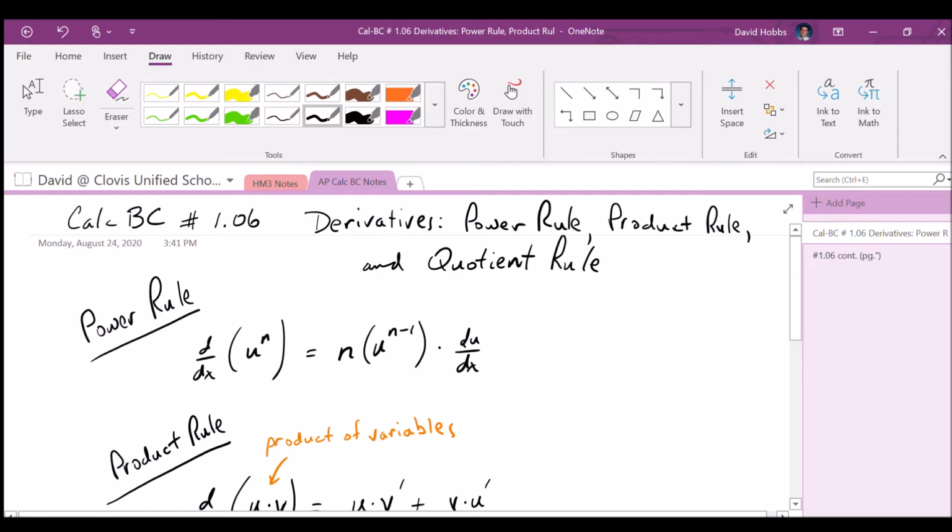This is the sixth objective for Calc BC, and we're learning our major derivative rules. Power rule, which basically we've already learned. That was in the fifth objective. So if we have a variable to a power of some sort, we can bring the n out in front times u to the 1 less power times the derivative of the guts. Okay, and so this part right here, the derivative of the guts,